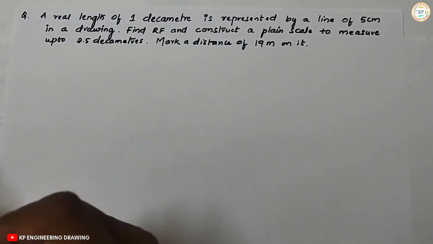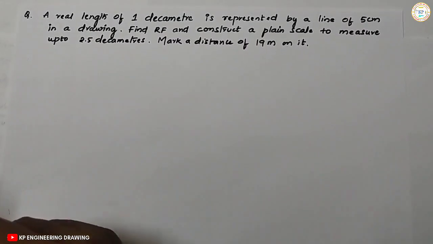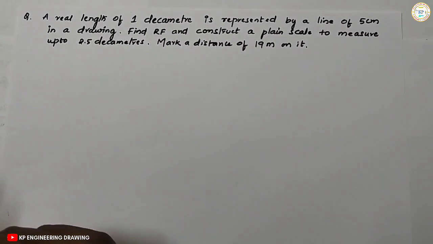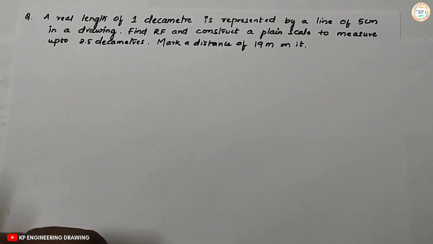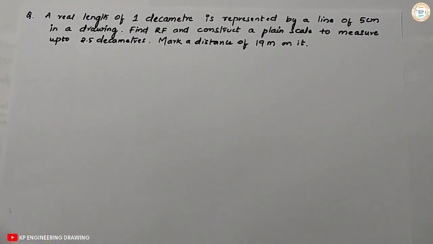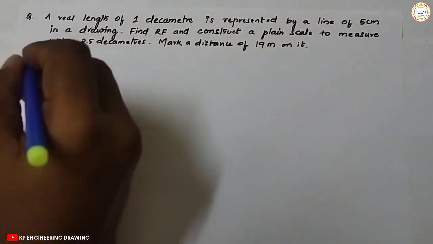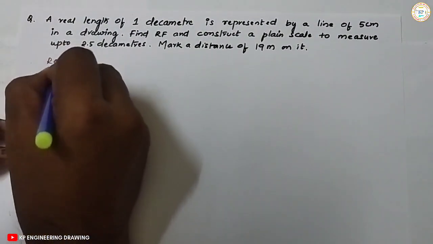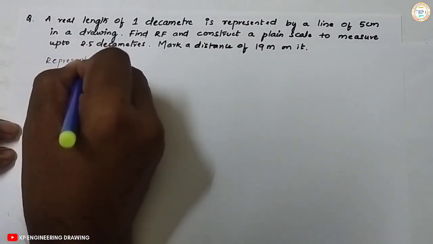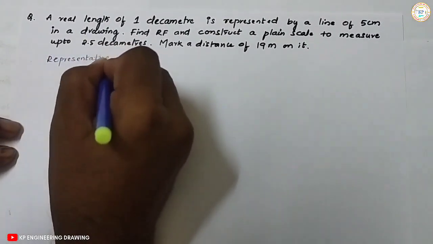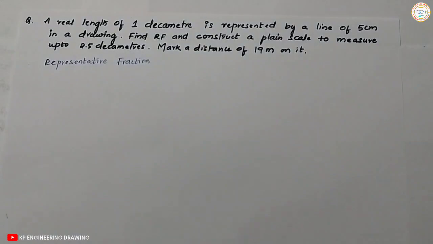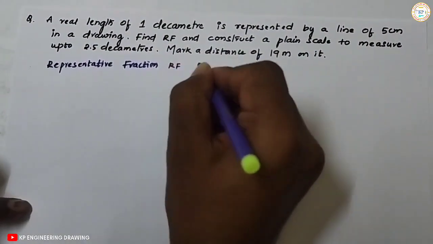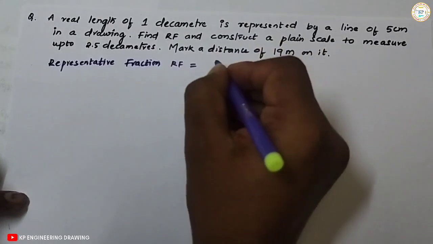So in the previous class, we have drawn one plane scale problem. In that, RF was directly given. But in this problem, RF is not given, we have to find out the value of RF, then length of scale, and we need to construct a plane scale. So when we see the formula for RF, representative fraction, we know the formula that RF in simple words,